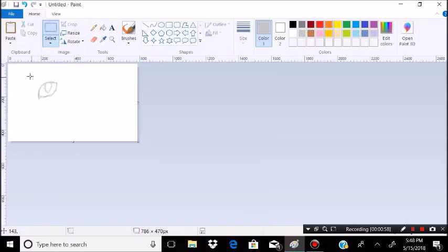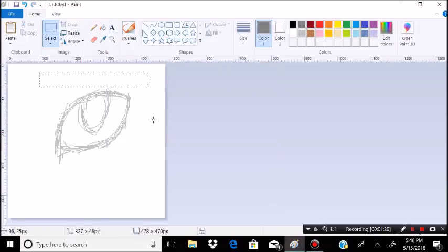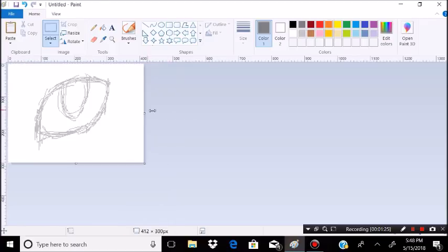Alright, I'm going to make it bigger. That's distorted now. Okay. There we go. How big is it? That's big enough. Okay. I'm going to make the canvas smaller because I don't need it that big. Okay, so that's how you do that. You make a sketch. And then